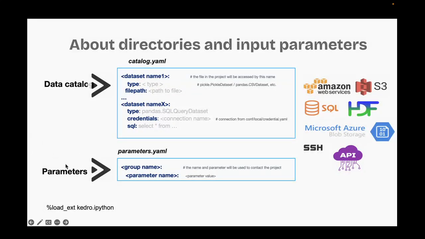The next file in the folder is parameters. Parameters contain global variables that are used in the project, such as the random seed parameter, test train ratio, correlation threshold, and so on.